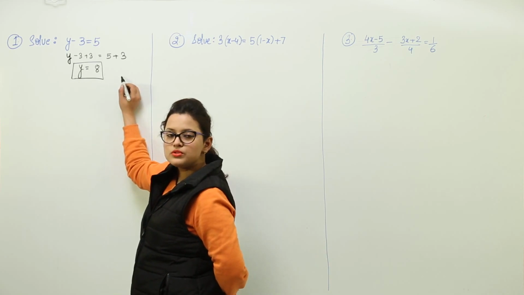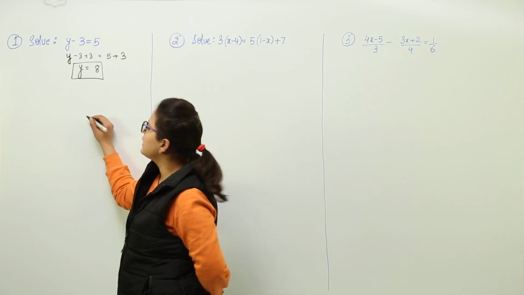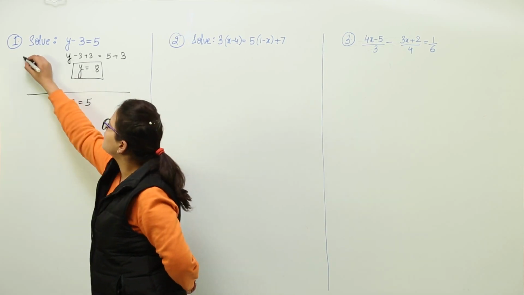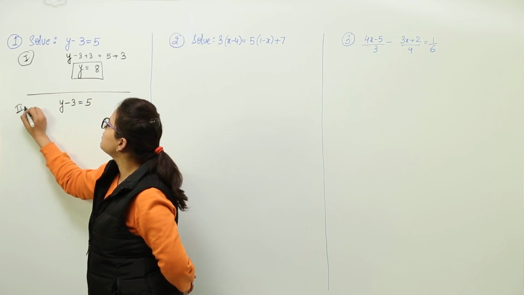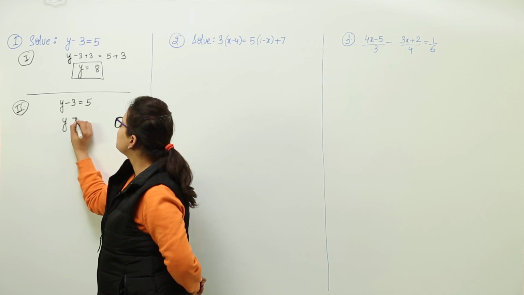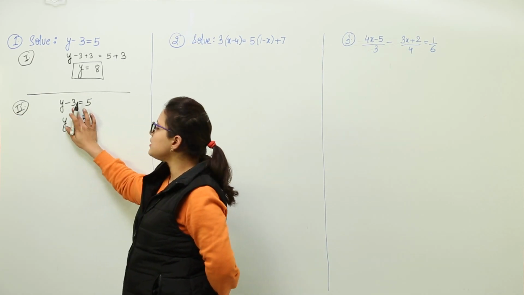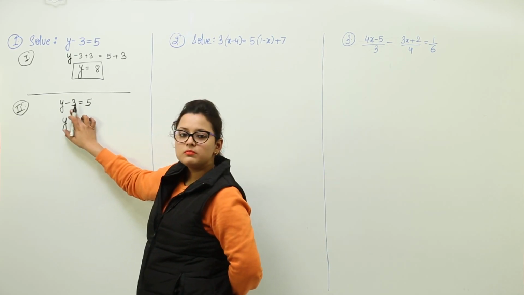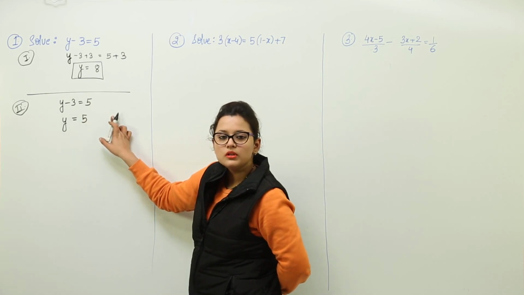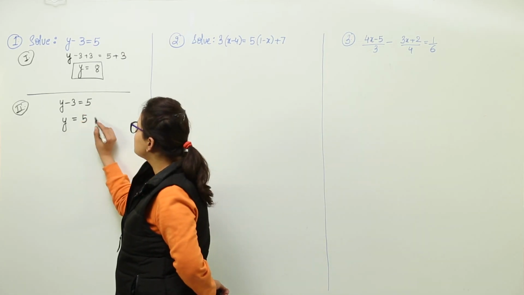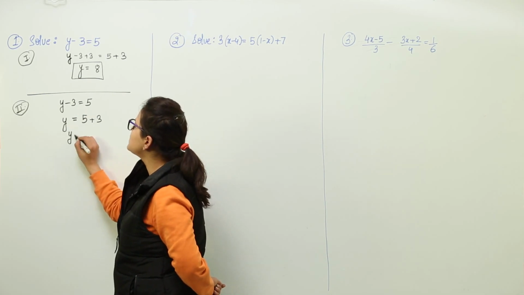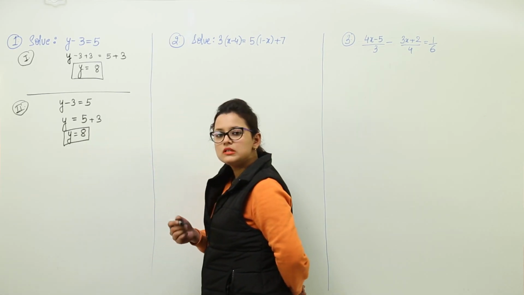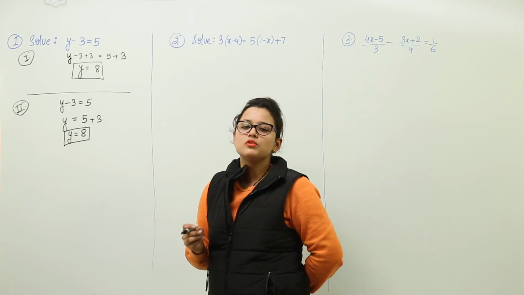Either you can use these rules or you can use the transposition, that is y minus 3 equal to 5. Now if you are using the second method, this was the first one, that will be done like this. y will be equal to 5, because I want to take this 3 to the other side, the minus term or the term that was getting subtracted will get converted into the added term with the plus sign. So the minus 3 will become plus 3 when I transpose it to the other side, and it will come out to be 8. Now by both the methods you have got your answer the same way. So you can use any of them, whichever you find easier.